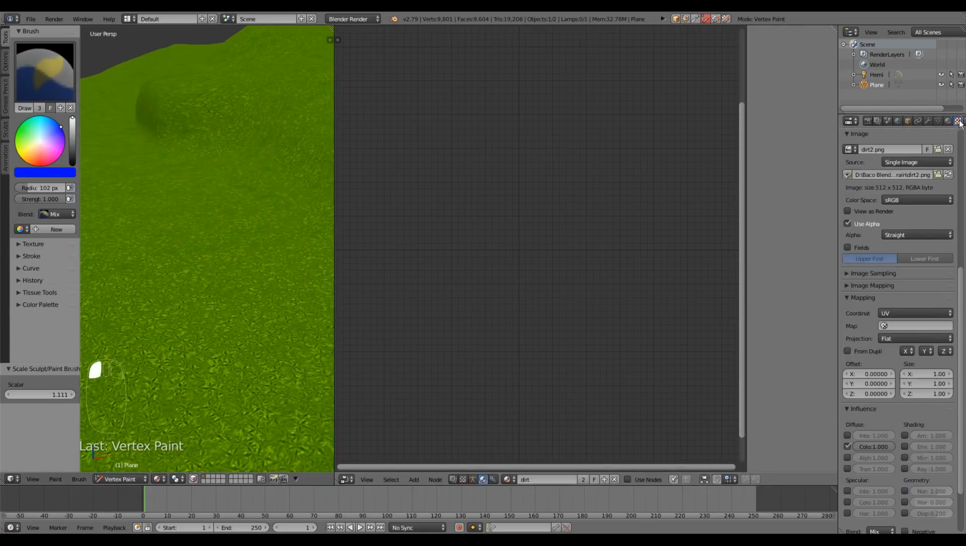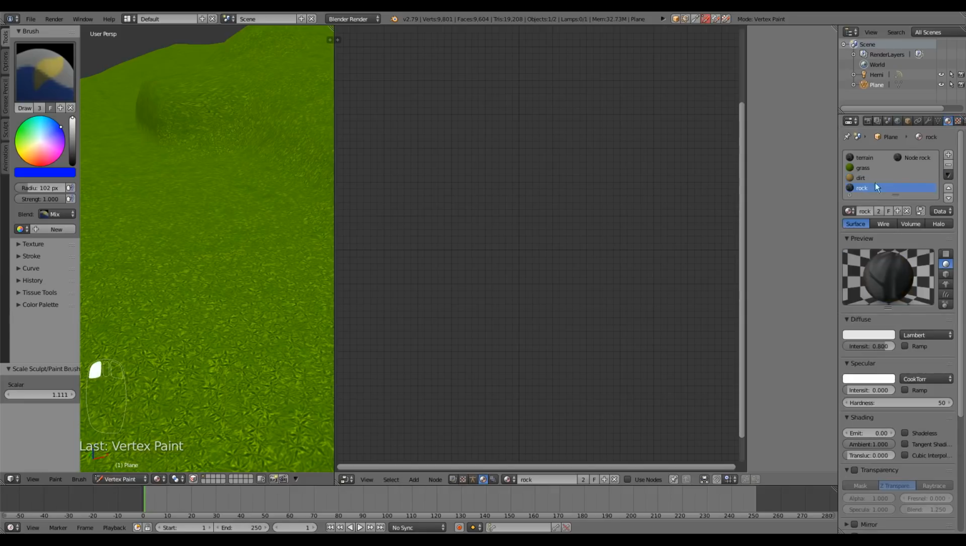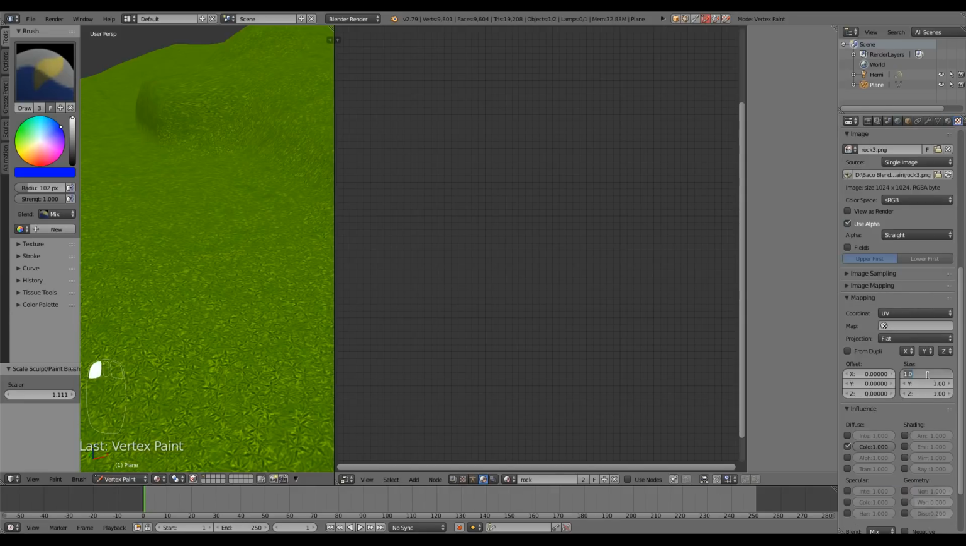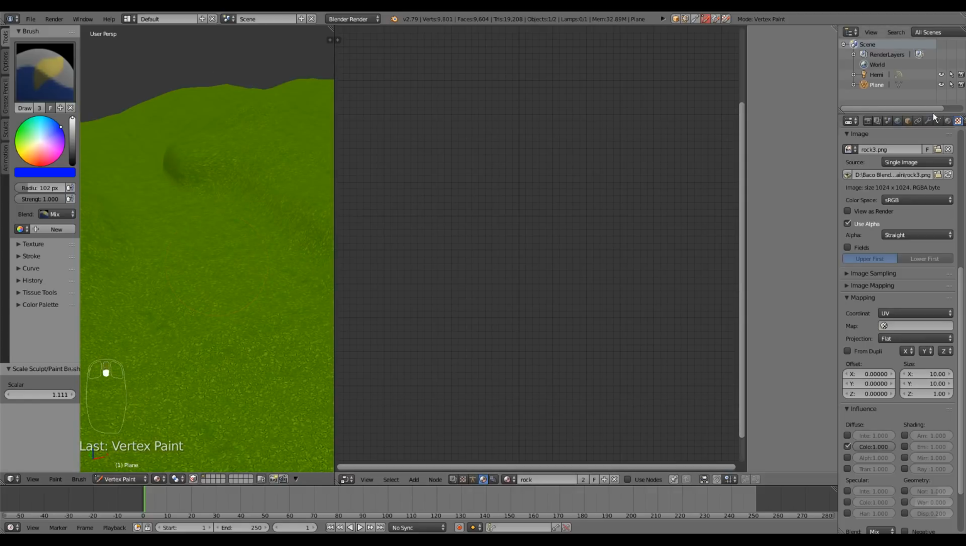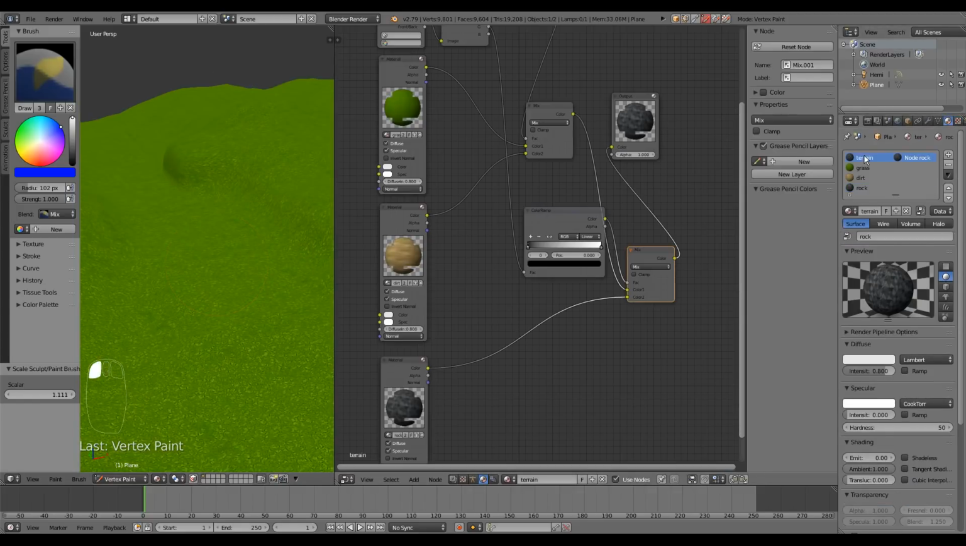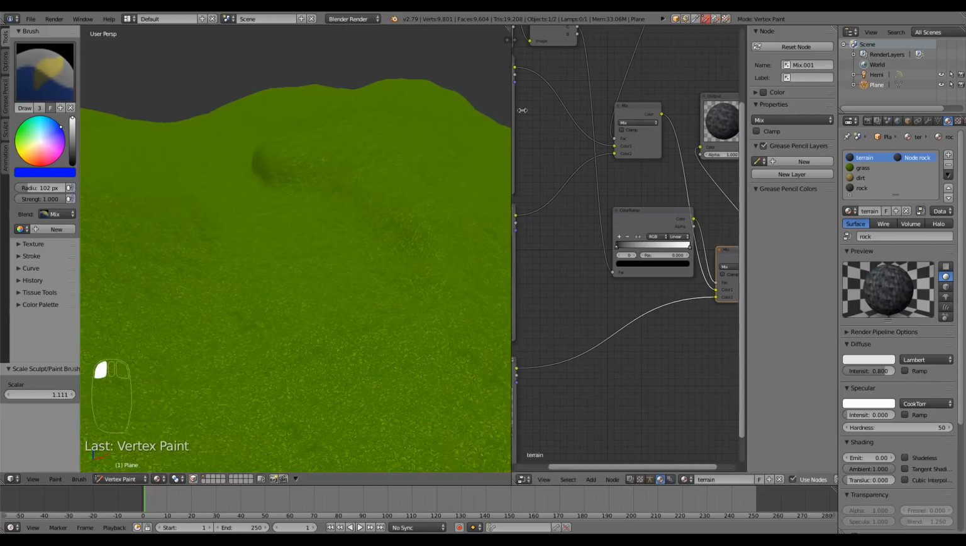Okay, and now we continue to the dirt material. We're also going to scale this by 10 and 10 also in the Y axis, and we do this also with the rock texture. Okay, now we go back to our terrain here, set this aside,